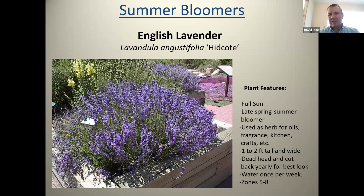The variety here is listed as Hidcote. There are other lavenders that grow well here. You can cut it back yearly. You can deadhead it when the flowers are done. Keep those flowers, like I said, dry them out, use them. But they do form a woody tissue on the insides, and I usually don't like to prune them hard until spring. Sometimes if you cut them back too early in the year, they'll get winter damage or winter kill, at least